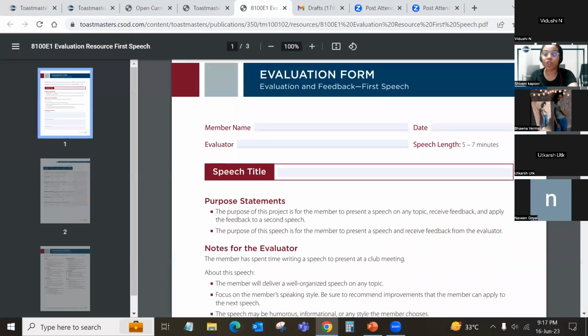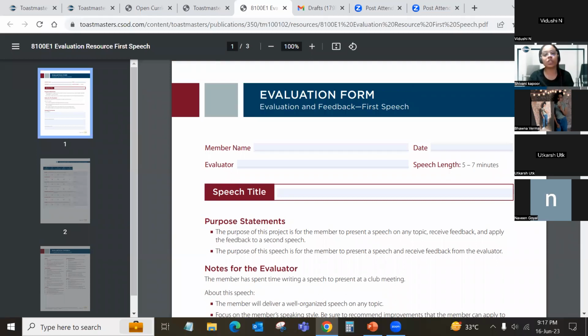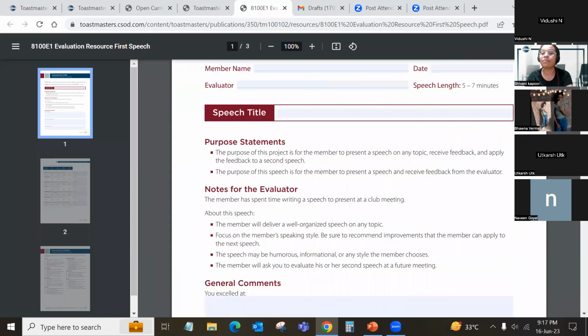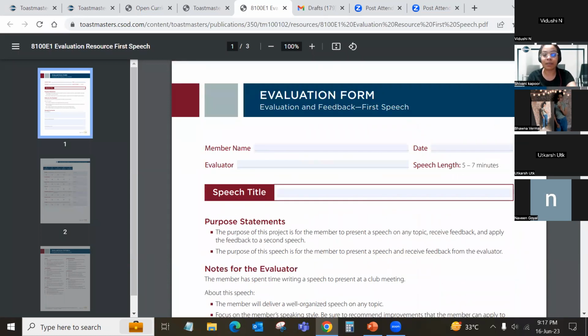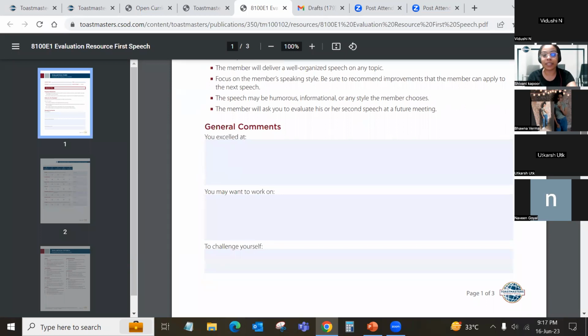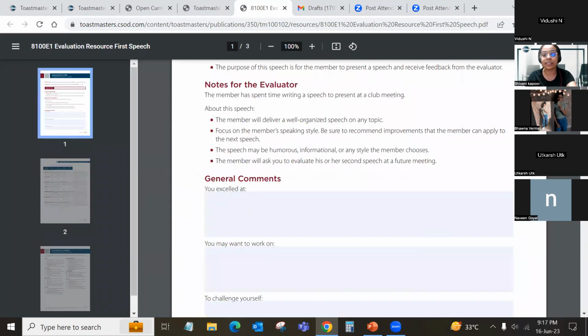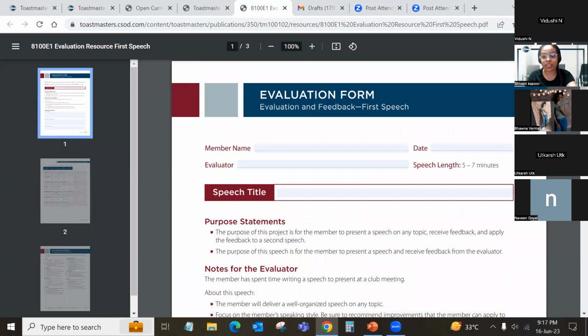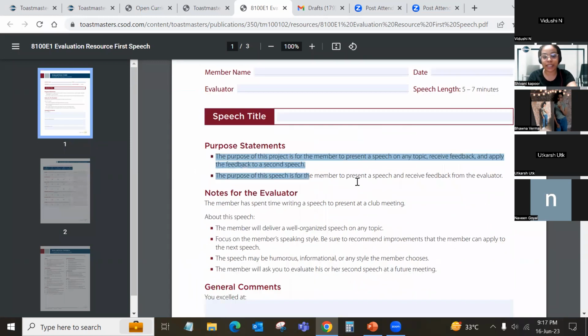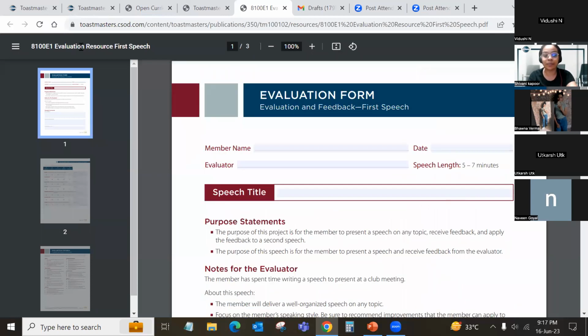When it is your prepared speech, for example, Utkarsh's icebreaker speech, the evaluator wants the evaluation sheet. So when you have nominated yourself to deliver your prepared speech, it is your responsibility to give this evaluation sheet to your respective evaluator, right? Because they will be giving all the recommendations based on this sheet. So the evaluator knows this is the project and the purpose, and the time is 5 to 7 minutes. So this sheet comes in handy. Okay.